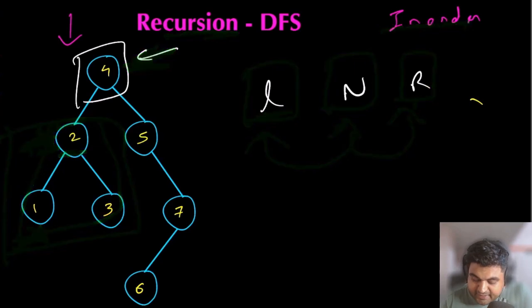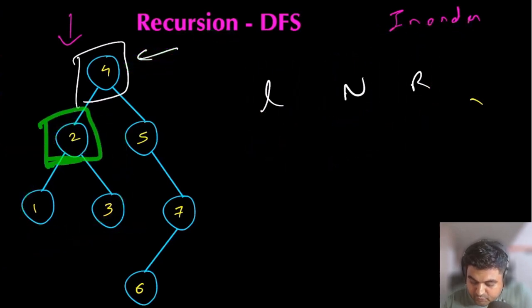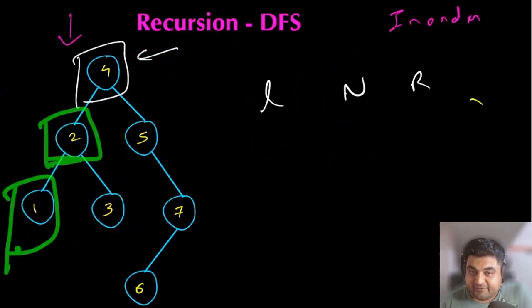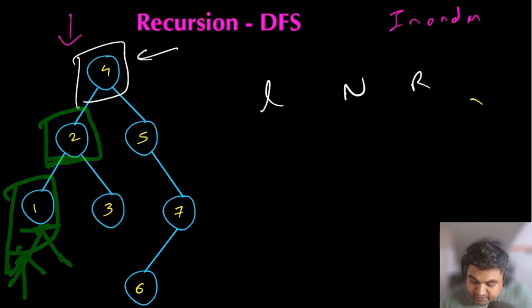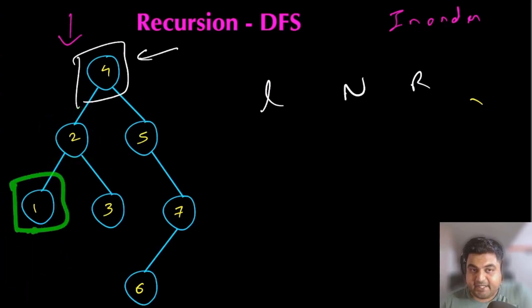And that way we are going to, again for this root node, try to see whether it has a left child. And yes, it does have a left child, node number 1, but this node number 1 does not have any children of its own. So this is going to be our terminating case where we will get out of the recursion, because we cannot go anywhere further, and we can treat this node as being processed.